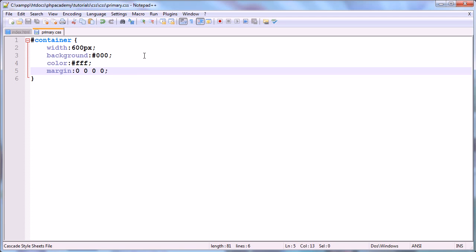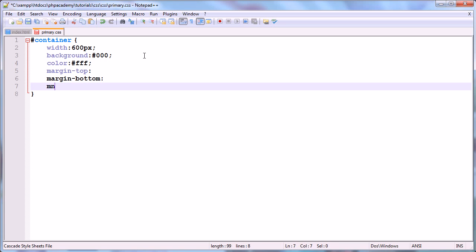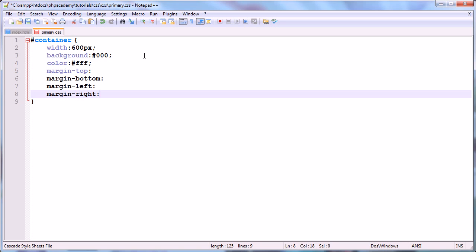And what these are is they are measurements. The first one here is north, so this is north of the container, i.e. at the top. This is the east of the container, i.e. the right hand side. This is the south of the container, i.e. the bottom, and this last one here is the west, i.e. the left. So you might have come across this before: margin top, margin bottom, margin left, and margin right. So margin